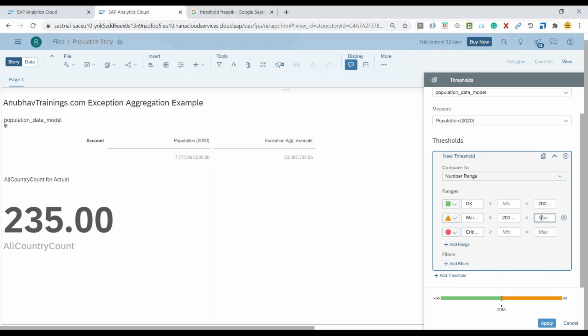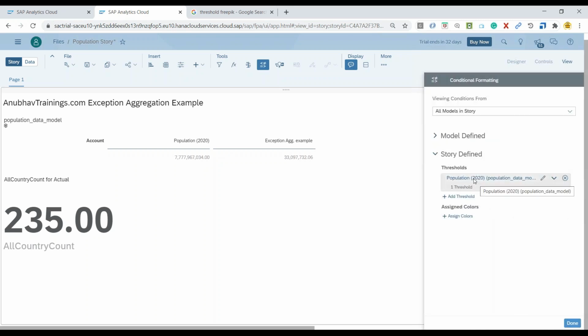And anything which is between 20 million and 1 billion is considered yellow, and anything which is above 1 billion, of course, is going to be considered red. So you can see here I've got the range of values. Now I can apply this threshold.